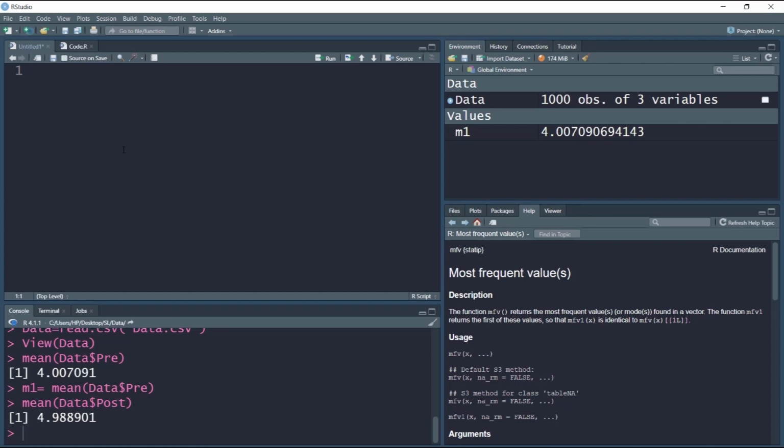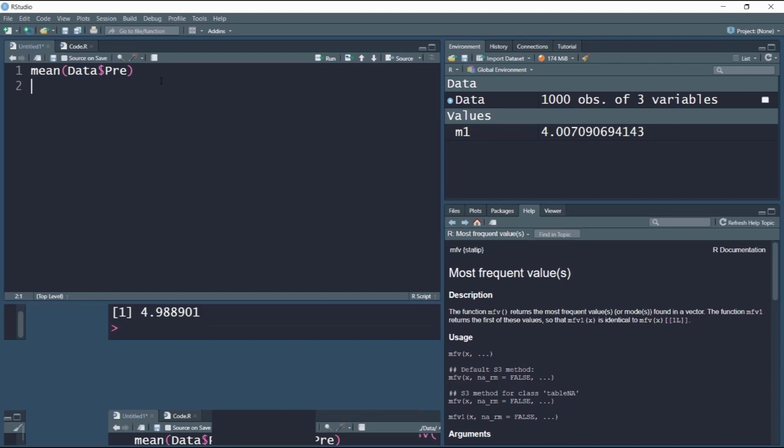We'll start with the mean, and it is the sum of observations divided by the total number of observations. It is also defined as an average, which is sum divided by count. In R, the syntax mean is very simply employed like this. Mean, inside I'm putting my variable of interest, which is pre,